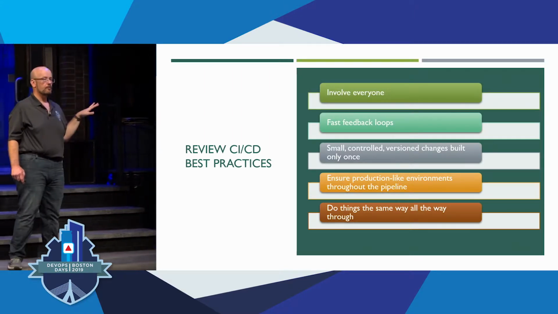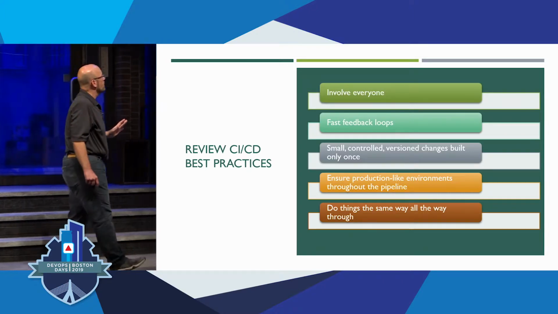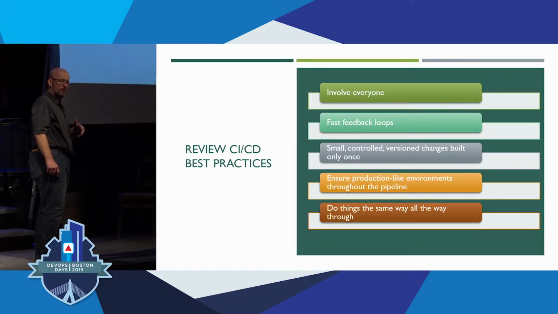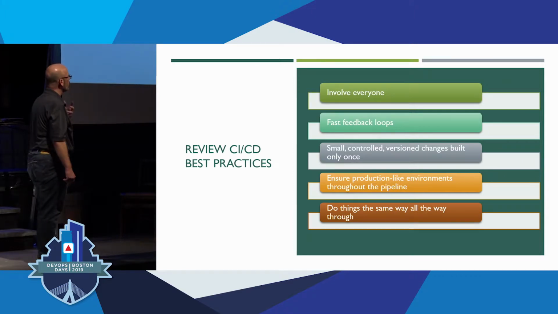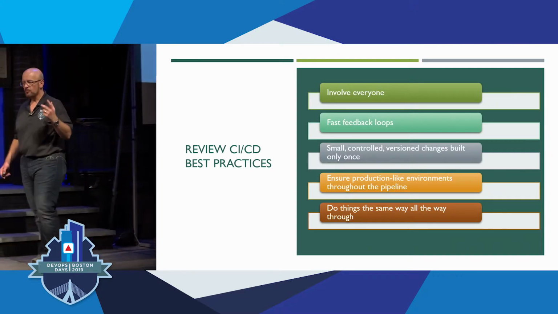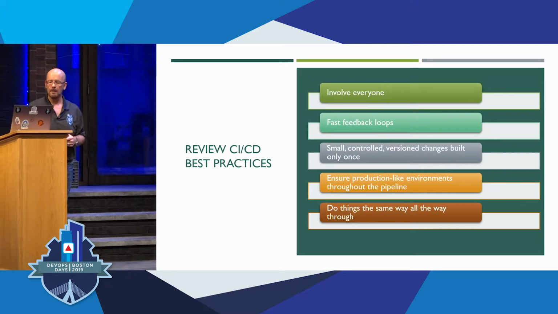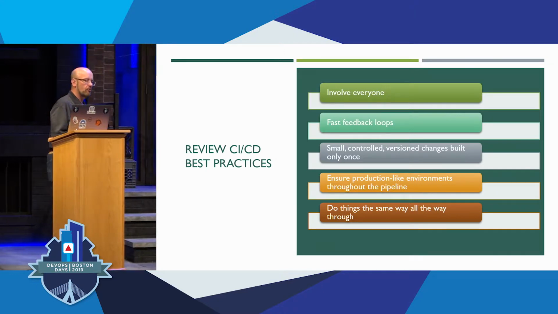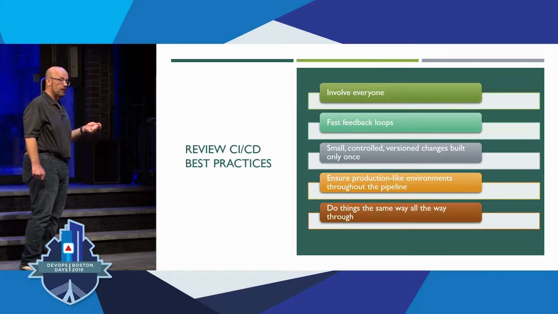We need to involve everyone. Seems like it's always a good idea, right? DevOps is a collaboration kind of thing. I need to figure out how to do fast feedback loops. If I'm going to make a change to something like an app or a database, I need to know whether that change was any good. Did it do what I wanted? Does it actually advance the ball for my application? How do I do small batch processing? How do I keep the changes small so they're easy to track and troubleshoot? How do I make sure that I'm doing things the right way everywhere I go? Do it the same way all the way through the process. My environments all look the same. Everything is consistent. Again, guess what?